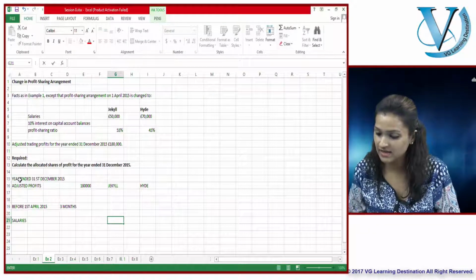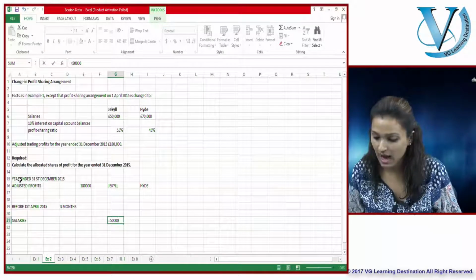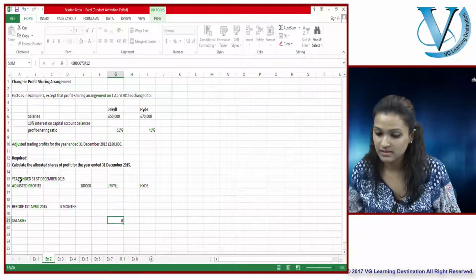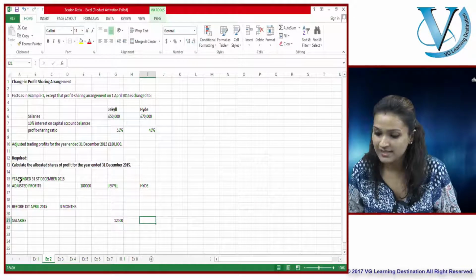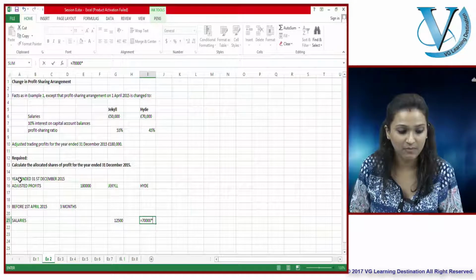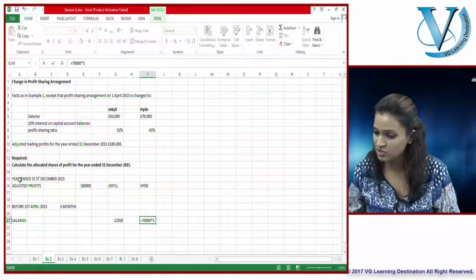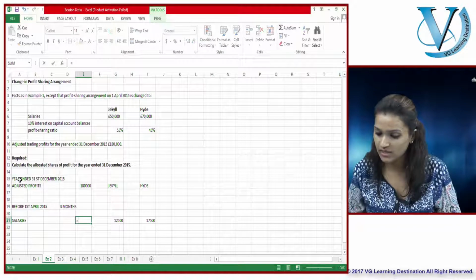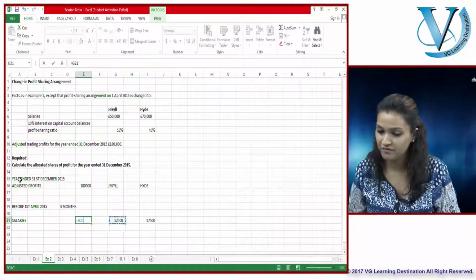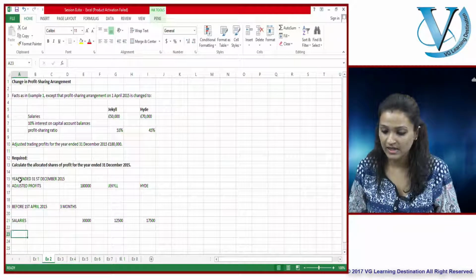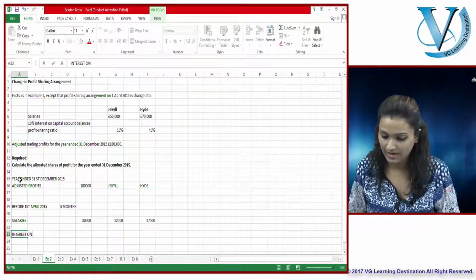Okay, so salaries here are given to be 50,000 pounds. However, this is for the entire year. You need to take only for 3 months. So it becomes this much. Salary here is 70,000 pounds for the entire year. You need to time apportion it accordingly. 3 divided by 12 comes out to be a total of how much? Total is 125 plus, so total 30,000 pounds.